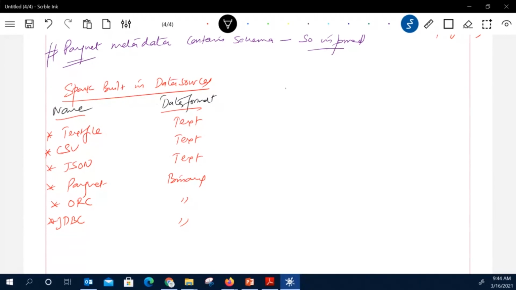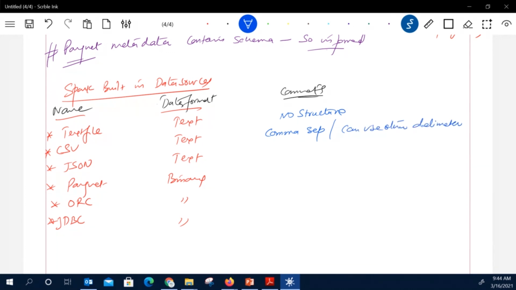What are the things we should know about this? Let's put some comments on this. A text file does not have any kind of structure, so no structure. When I say CSV file, that means comma separated, but we can also use other delimiters. JSON is semi-structured, and here the column names and data types are inferred automatically.